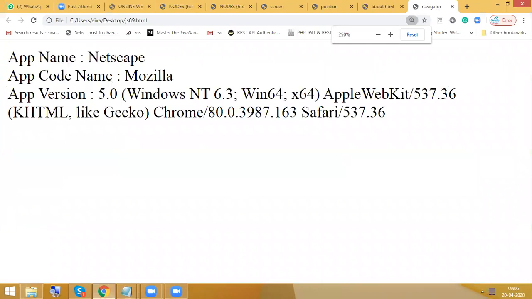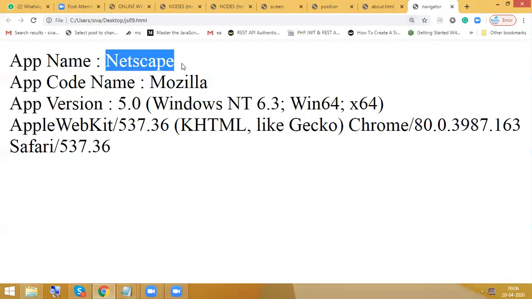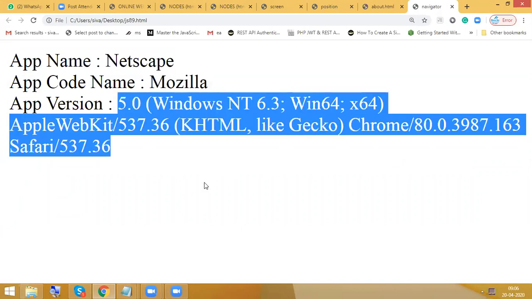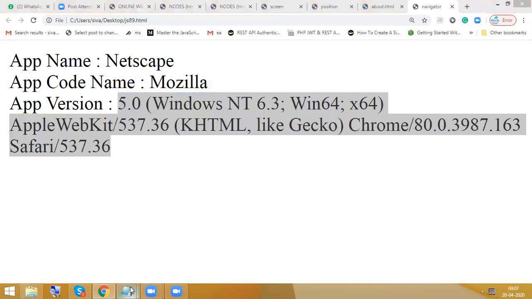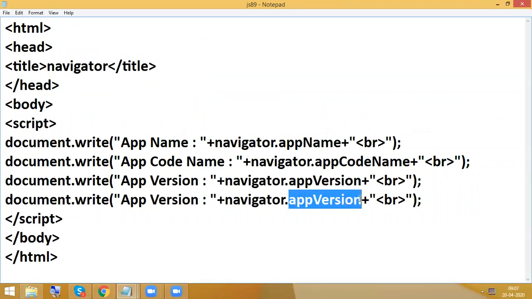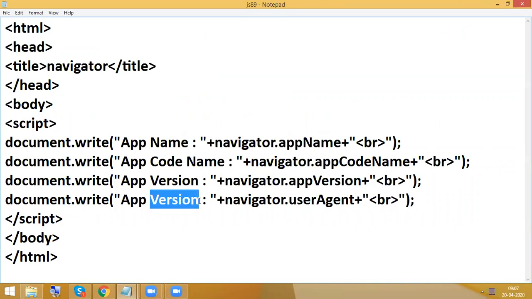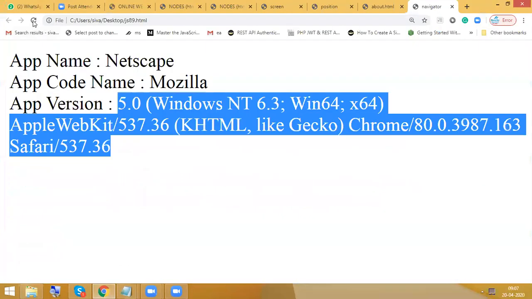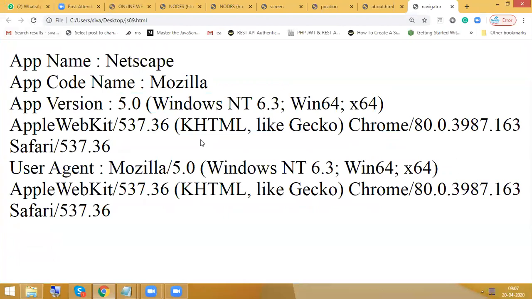So I got some information here. App name is Netscape. Actually Google Chrome, Mozilla Firefox, Safari, all these browsers belong to the Netscape family. App code name is Mozilla. Whatever version we are getting, everything is predefined, so there is nothing to explain. These are all completely predefined syntaxes. So next, userAgent.